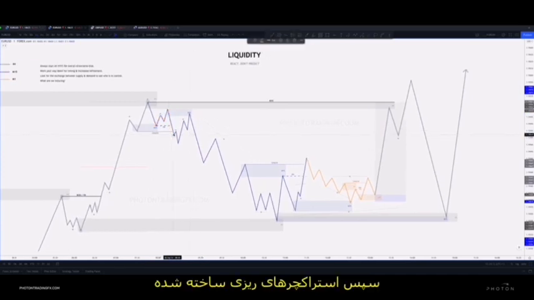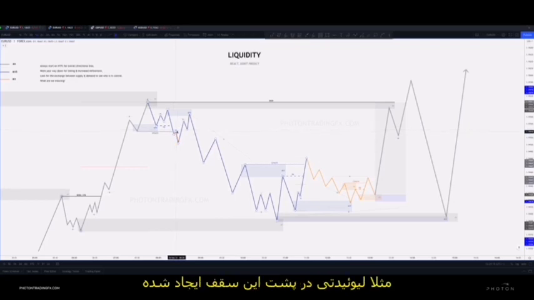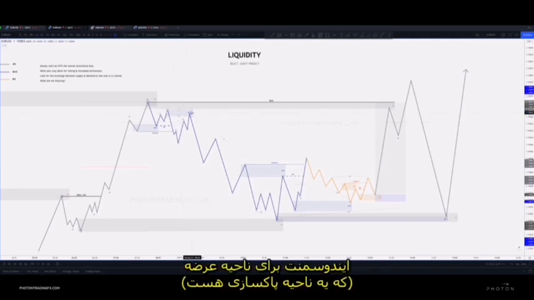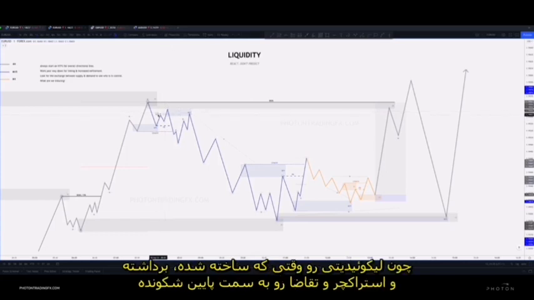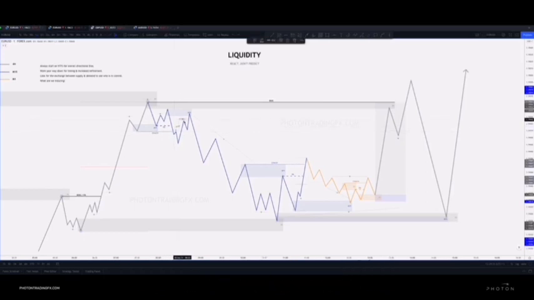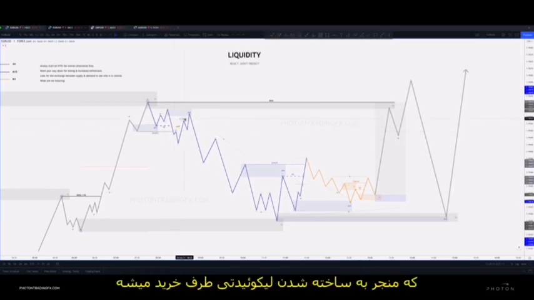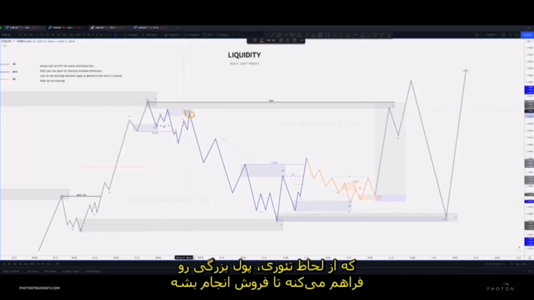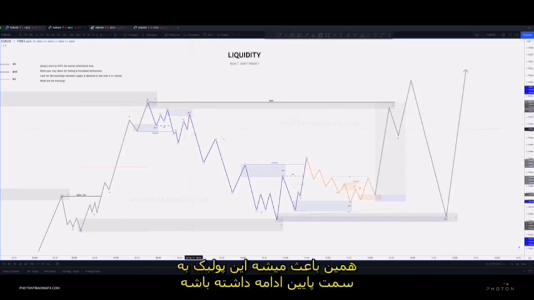And then again, with that minor high, we have a build of liquidity behind that high, and even on the pullback as well. And all of this acts as inducement for what? Inducement for this supply zone, which is a sweep zone because it took liquidity when it was created and broke demand and structure to the downside. There's then inducement in the leg, so it builds up that buy side liquidity for, in theory, that big money to then sell into